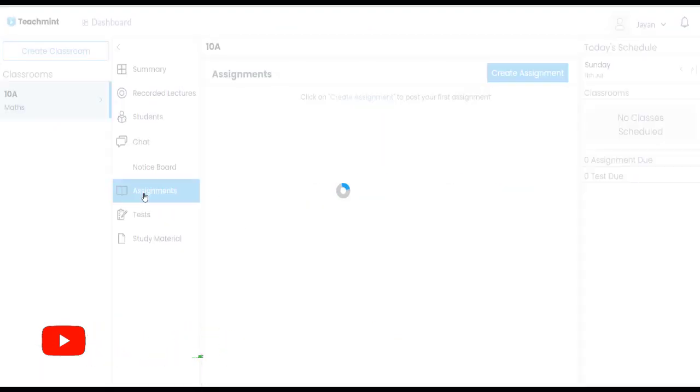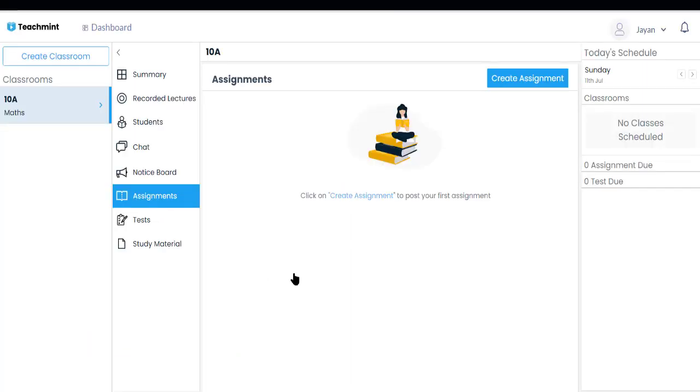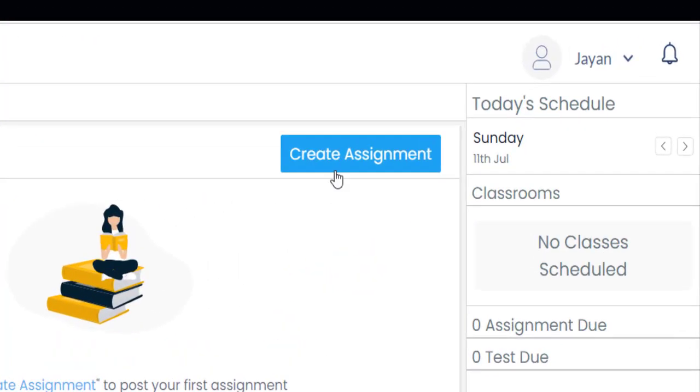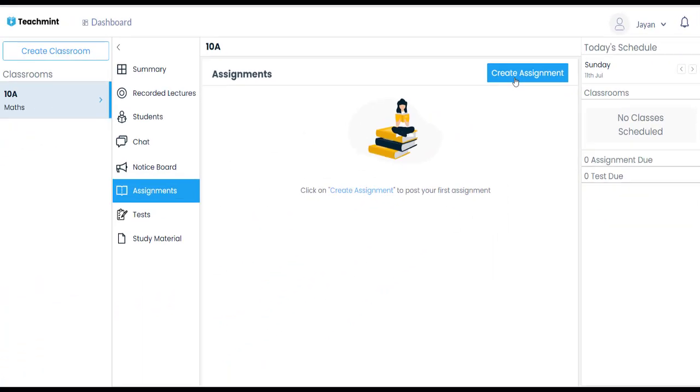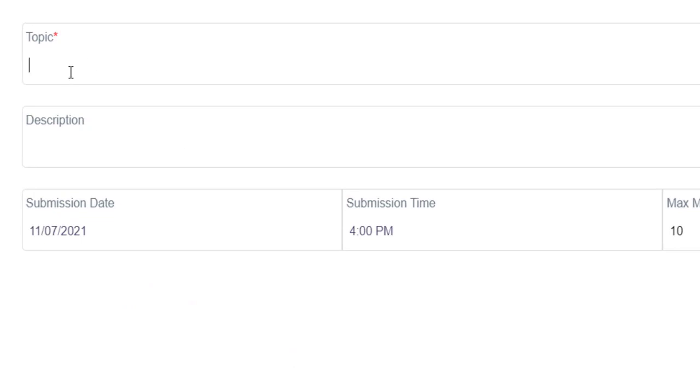Assignments. Like Google Classroom, we can assign work to the students. When you click on the assignment button on the left, you can see a blank page here. Click on create assignment to post your first assignment. By clicking on this blue create assignment button, you can create your assignment, and you can give the title and the description of this assignment.